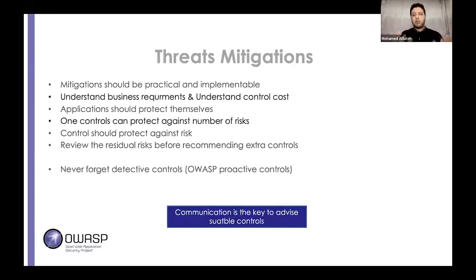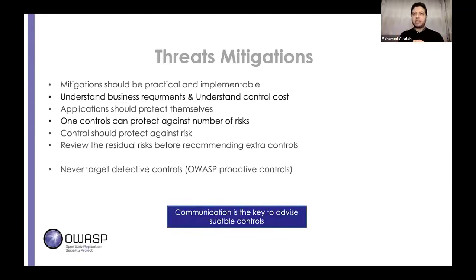I mean, try to provide some controls related to your application, applicable, implementable, understood by your development team or your internal stakeholders. Understand the business requirement and the cost of the control. Again, cost means time and maybe money. So understand exactly how to implement this code. Sometimes if you need to implement some controls, this will require some huge time. So instead of just going and recommending any control, understand the business, understand the cost,